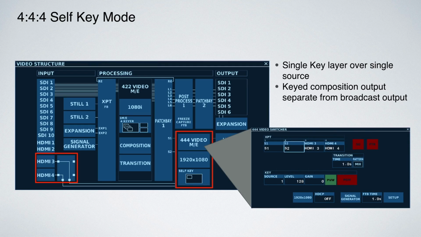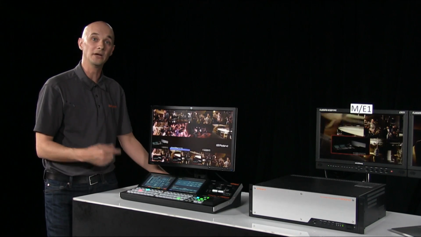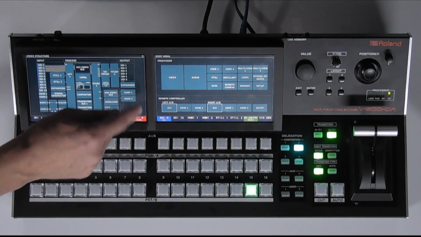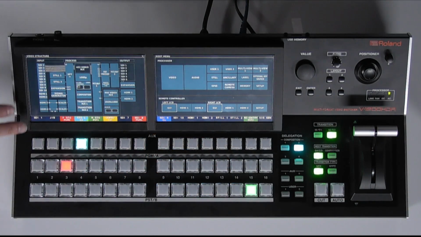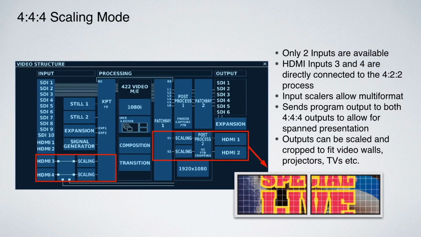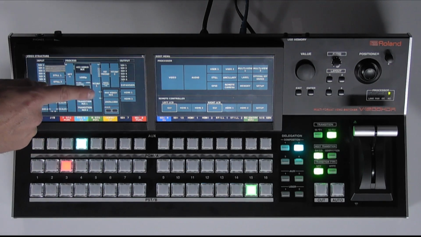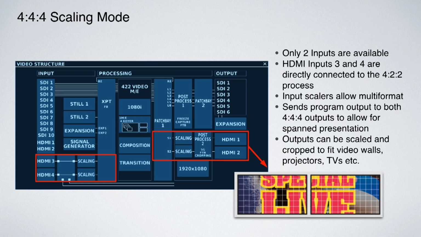The possibilities are quite wide as to what you're capable of doing with that mode. Now, the third mode that we'll talk about is scalar mode. With scalar mode, your HDMI 3 and 4 become directly connected to the 422 engine, but their scalers remain available so that you can input data sources that are not of the same resolution that the switcher is set to. The 2 remaining inputs to the 444 engine, which are really your 2 remaining outputs from the 422 engine,